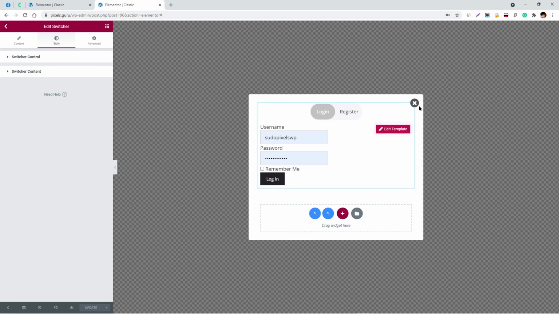So I hope you enjoyed this video. If you're using CrocoBlock, you will not need to use any other plugin. It will also give you the login widget, registration widget, and Jet Popup, that's for the pop-up widget, right? It makes everything in one, so it's like an all-in-one toolkit.